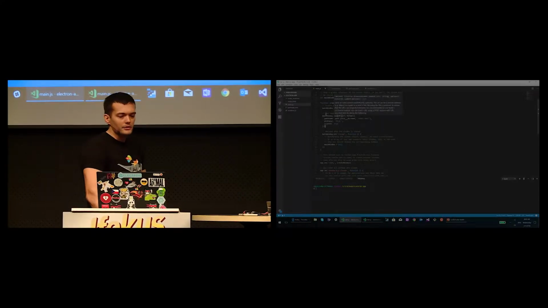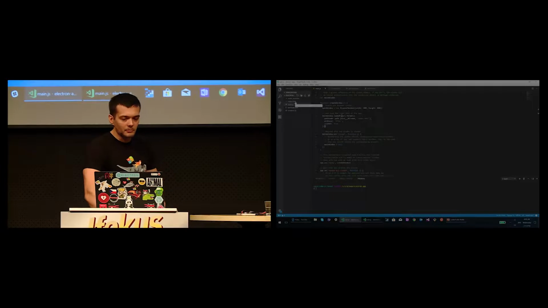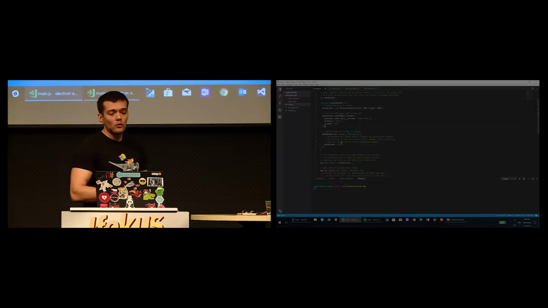I will show you the contents of the HTML. The HTML is very simple. And then basically the main window, when it's closed,